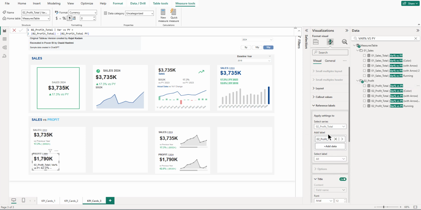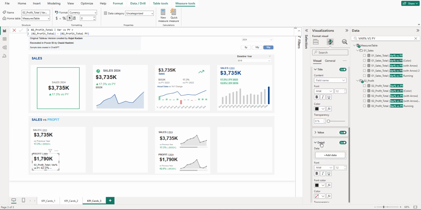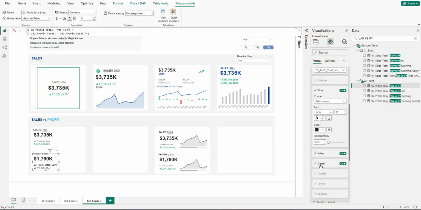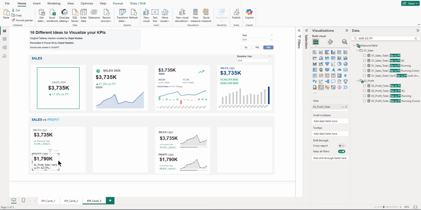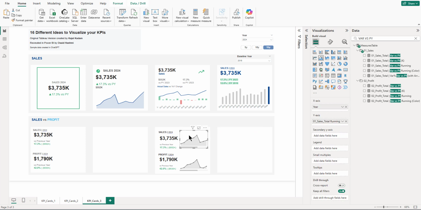And then we have to set the same for the labels. So we go there, and then we are going to bring in the detail, which is going to be var versus prior year in thousands. So this will be the one. And then we have to work with the, so I hope it's there. Yeah, it's there. So what we have to do is to format it according to this setting. So I leave it up to you. Okay, so once you have done the formatting of these two KPIs, now we have to build this area chart,